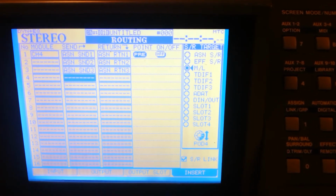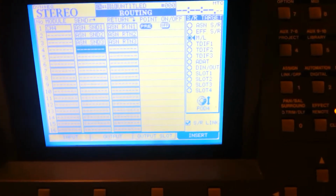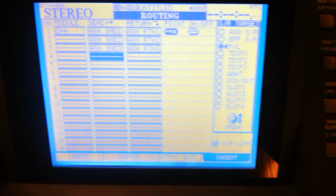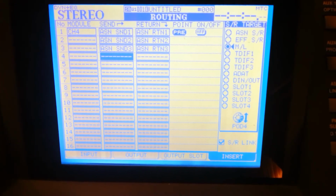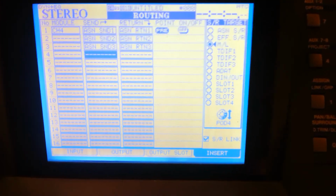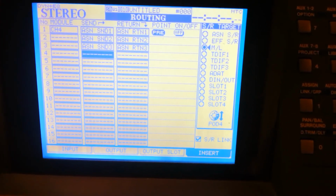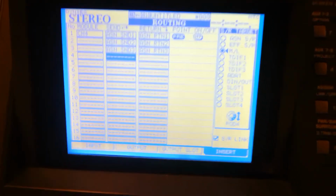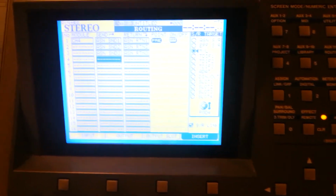And you also lose a return. Any of the returns you use, that's an input that now has a job being done, and you can't use it as an input to a channel on the board because it's already in use. So, if you loaded up these 16 sends and returns, you're probably going to get into a situation where you have to use either TDIF or ADAT or one of the other slots to do the job, because every time you're using one of these, you're also losing its ability to do the standard job of bringing in a unique mic or a